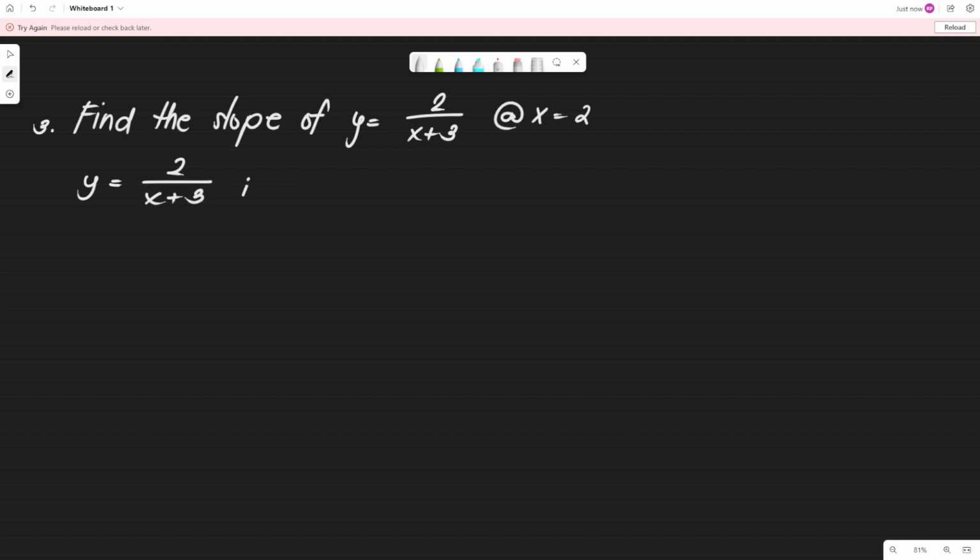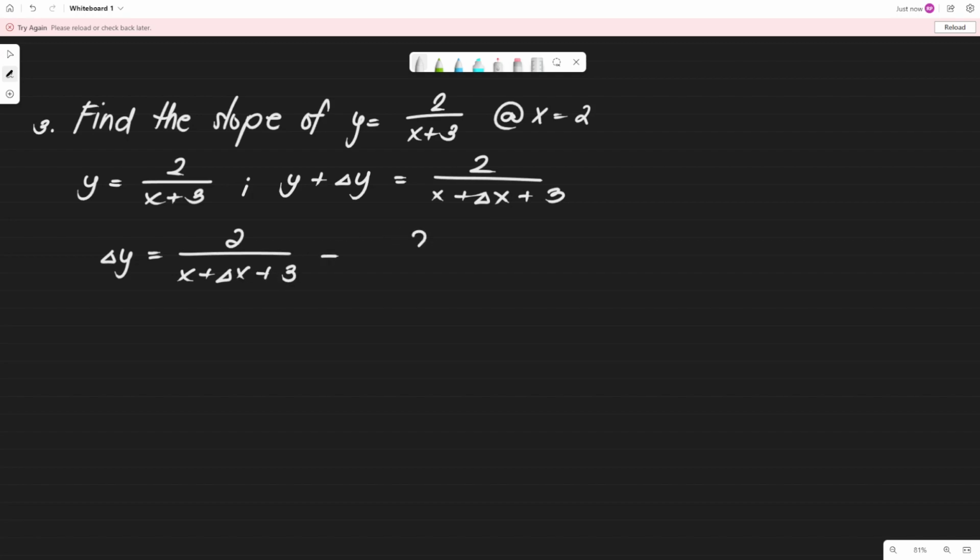First step, substitute, no? So, we have 2 over x plus delta x plus 3. Then, subtract both sides by the original function. We'll have delta y is equal to 2 over x plus delta x plus 3 minus 2 over x plus 3. No? So, again, ano, anong pwede natin gawin? Cross multiplication. So, we will have